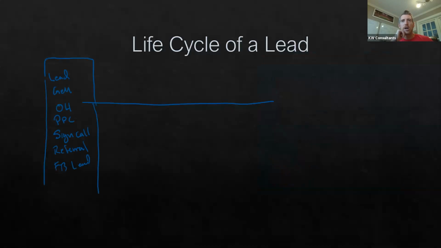So the first thing I like to talk about when we're talking about lead follow-up is the life cycle of a lead. In my opinion, there are really three parts to the life cycle of a lead. The first part is definitely the most widely talked about part, and that is lead generation. Obviously you have to have a lead in the first place to have something to follow up on. So you have to do things like open houses, pay per click, Facebook leads, referrals, sign calls, networking, client events, you name it, all of those things.